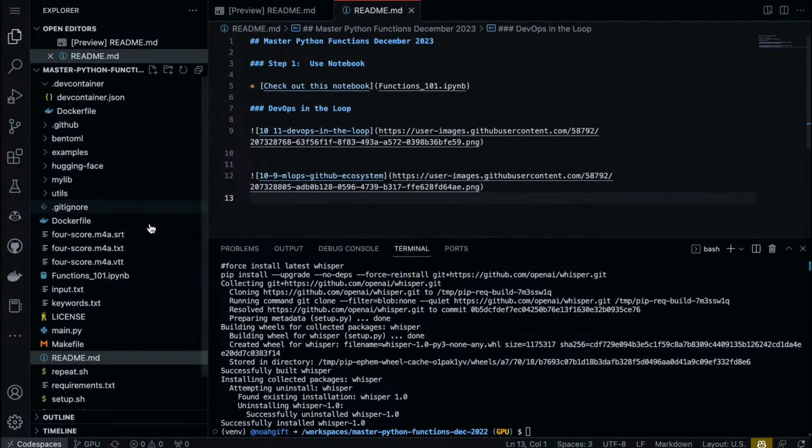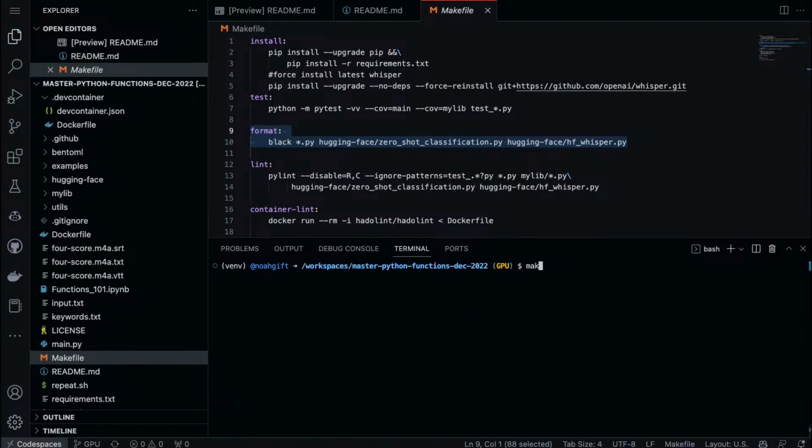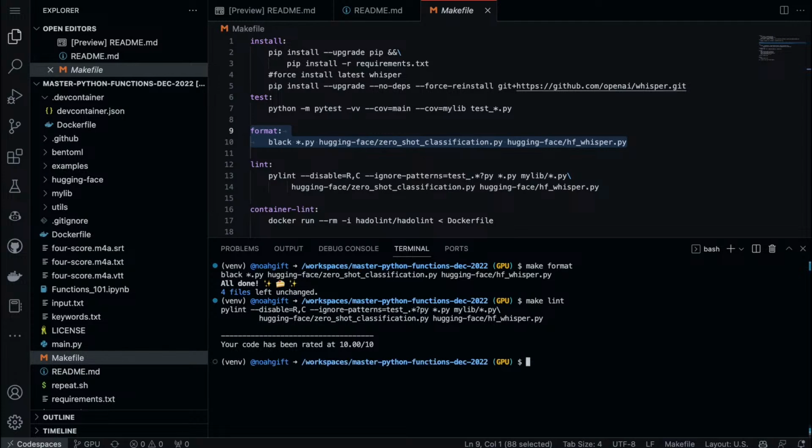Now that I've got that, if we go back to the makefile here, I can do the other things that are DevOps best practices. What this means is that, in my opinion, what you should be doing when you're getting these suggestions is actually formatting your code. And I'm using a tool called Python Black. If we just type in make format, it goes through and makes sure that if the code is messed up, it'll clean it up. And then if I say make lint, same thing, it just checks for syntax errors. And if there's some kind of syntax problem, it'll give me a warning.